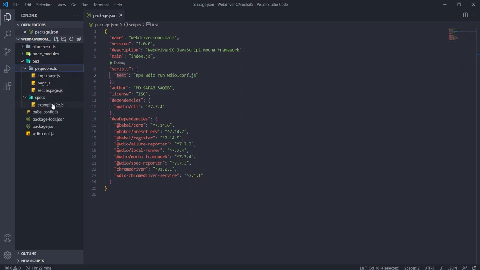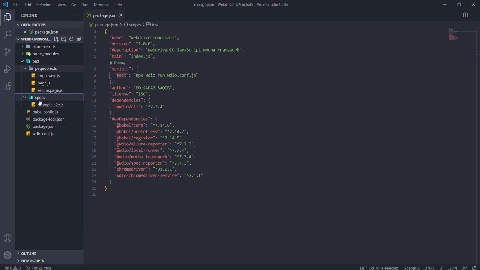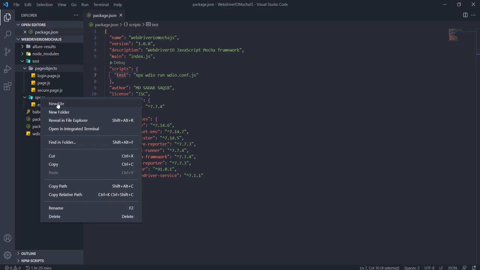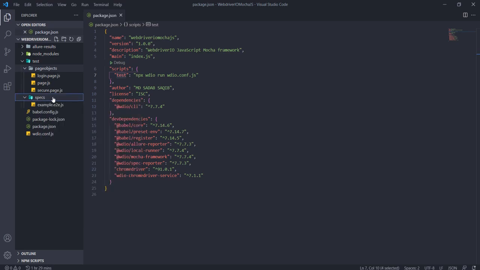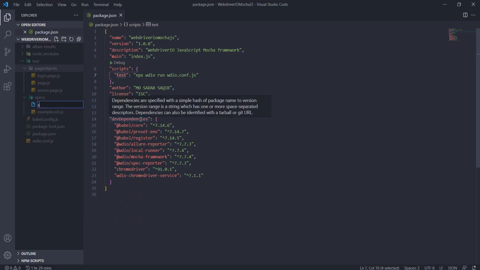Now I'll create one simple test just to show you that we can execute it, we can write it, and we can use that as well. So let me take a simple example. I'll say new. All your tests you try to maintain in this spec section, and all your element locator related pages you can keep in the page object folder. So I'll create a new file here. Again, right click in this folder, new file, and I'll say